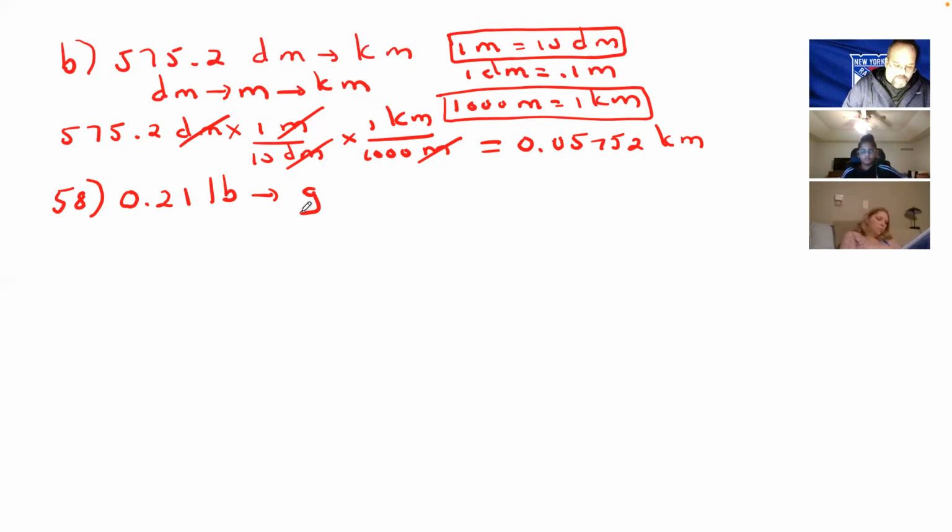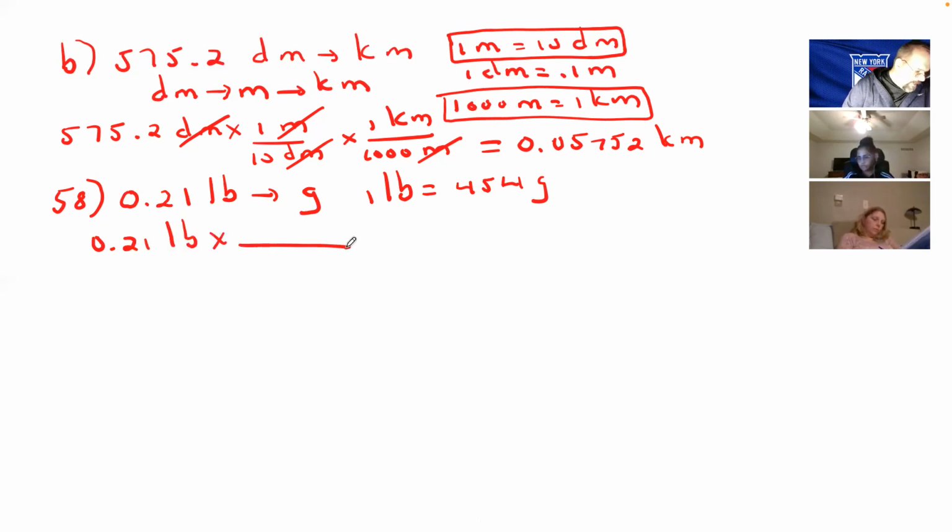But what are the equalities that I would give you to help you solve this problem? Well, basically, the one equality that you would need to solve the problem would be that 1 pound is equal to 454 grams. So if I give you this information, from my perspective, I think you should definitely be able to solve the problem. So let's take the 0.21 pounds,